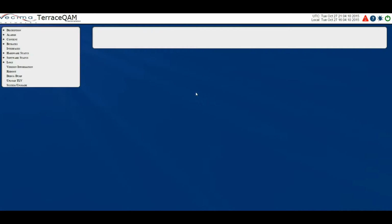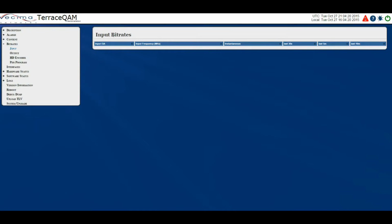Where do I find information about the input bit rates? To find information about the input bit rates, click on Bit Rates, then Input. The Input Bit Rates page indicates the bit rates of the input QAM channels. On this page we have the input EIA, the input frequency, which is the center frequency of the input QAM channel,